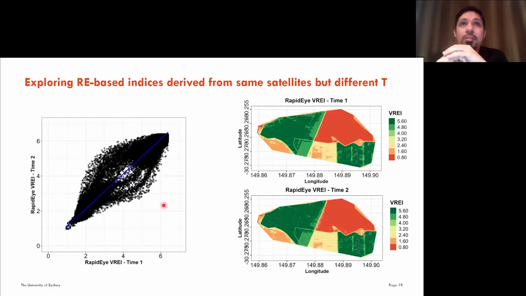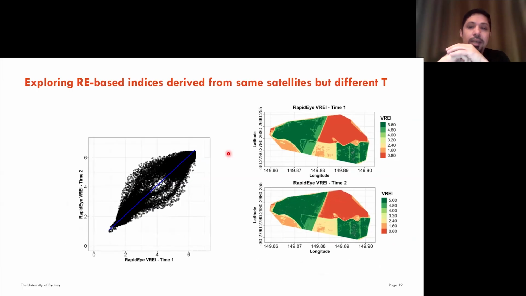It is another example. I said maybe because they are different satellites. So I got two images from different times, but for the same satellite. So you can see the correlation is not really strong. It looks like a nice fish anyway, the correlation. But when I looked at the metadata,